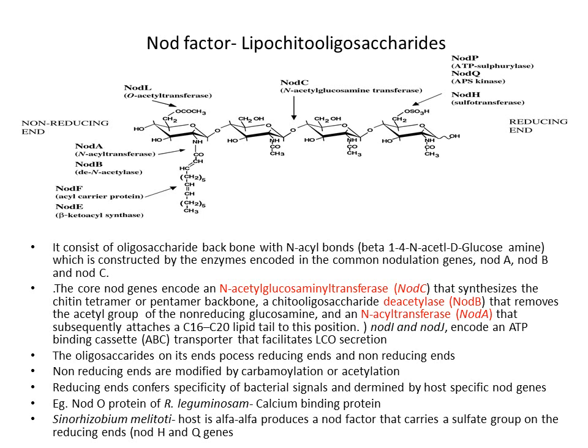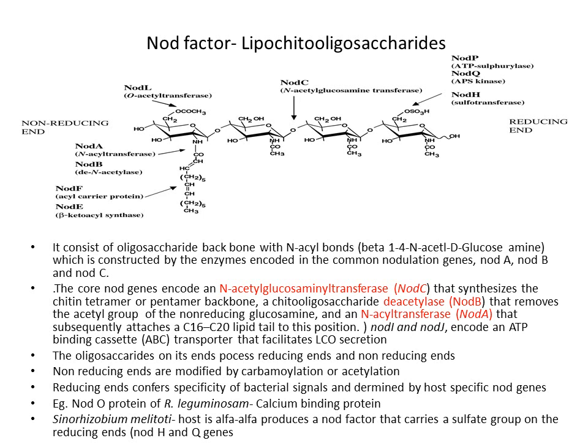And whereas nodA, the role of this nodA is to code for an enzyme called N-acetyltransferase, where this particular enzyme helps in attachment of a carbon 16 to carbon 20 lipid tail to this position. Wherever there is a removal of the acetyl group, there the carbon 16 to carbon 20 lipid tail has been attached at that particular position. So finally, these nodA, B, C are the ones which are mainly involved in the process of the formation of